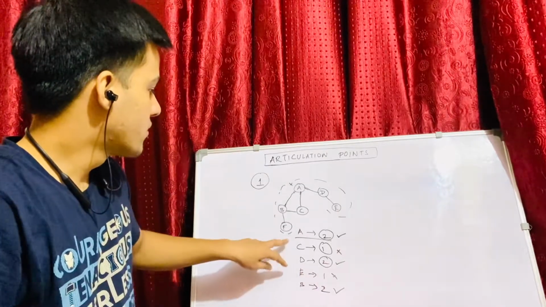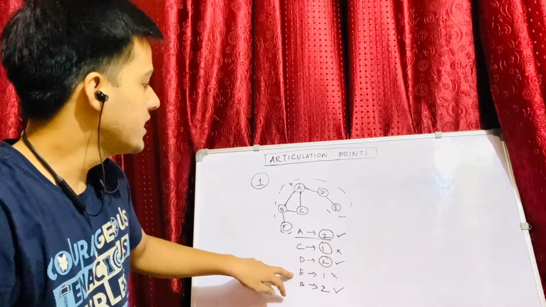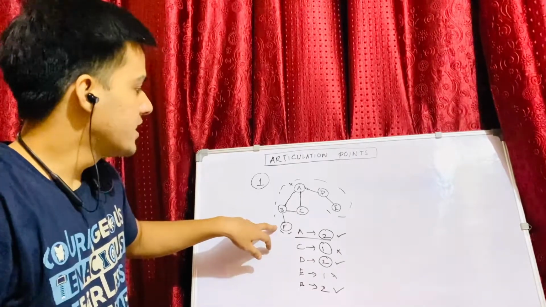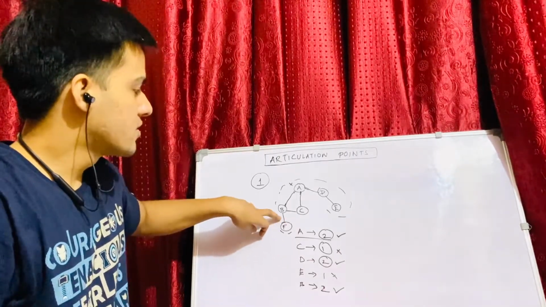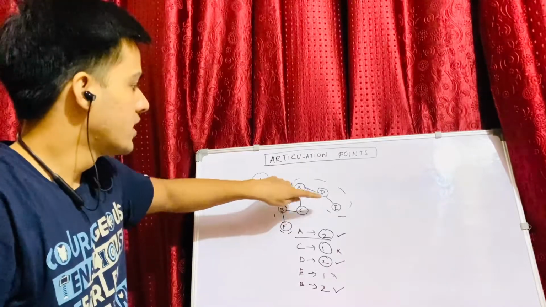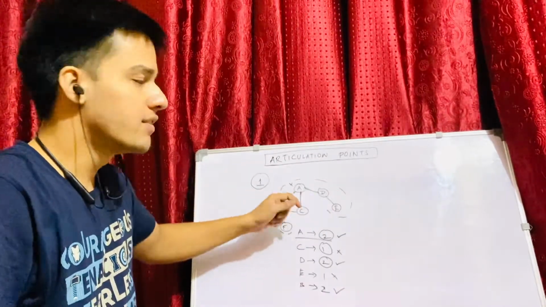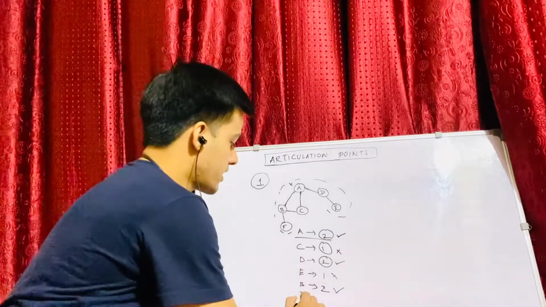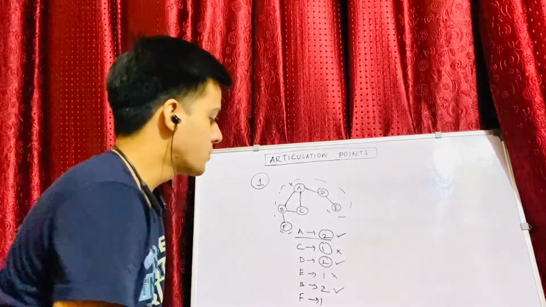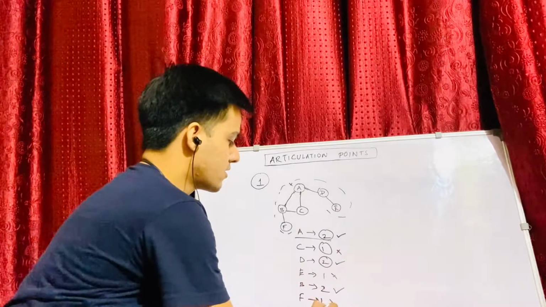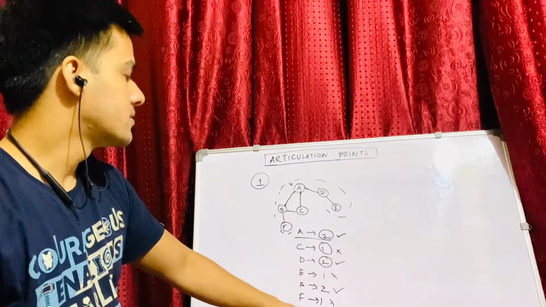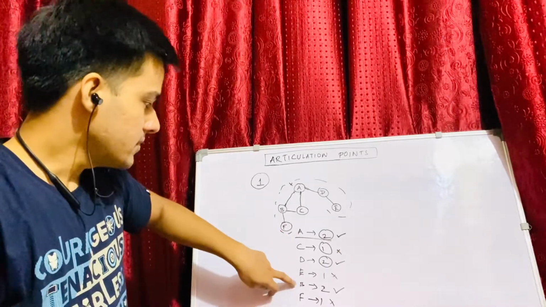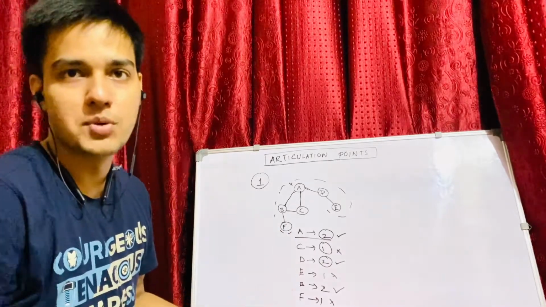Similarly, what is left? We have A, B, C, D and E. Now F is remaining. So now let's try to remove F and C. If we remove F, this is going to get removed. Now all the other nodes are still connected, which means there would only be one single connected component. So for F, we'll have only one connected component. So this is not an articulation point.